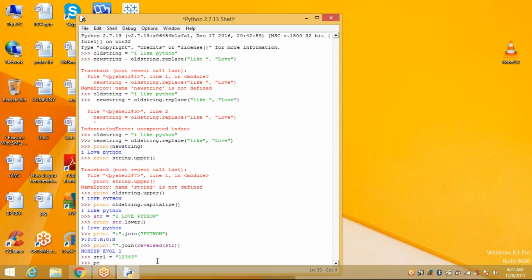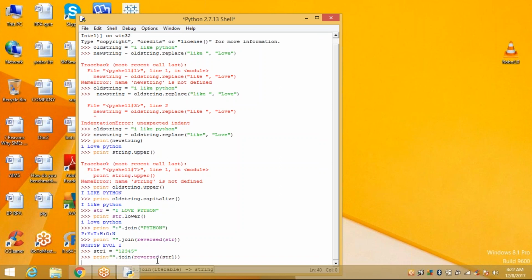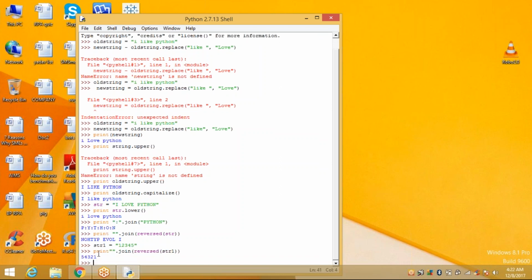Print, join, reverse str1. So 1, 2, 3, 4, 5 is completely reversed to 5, 4, 3, 2, 1. So this is the reverse function.